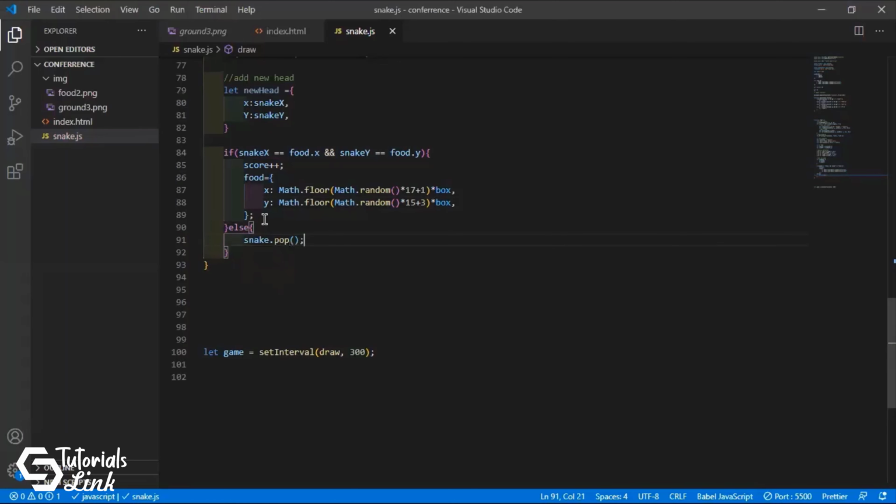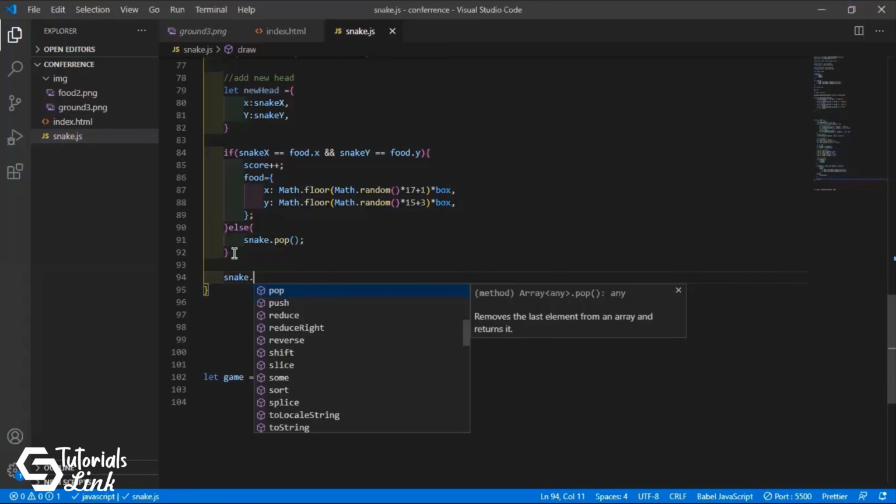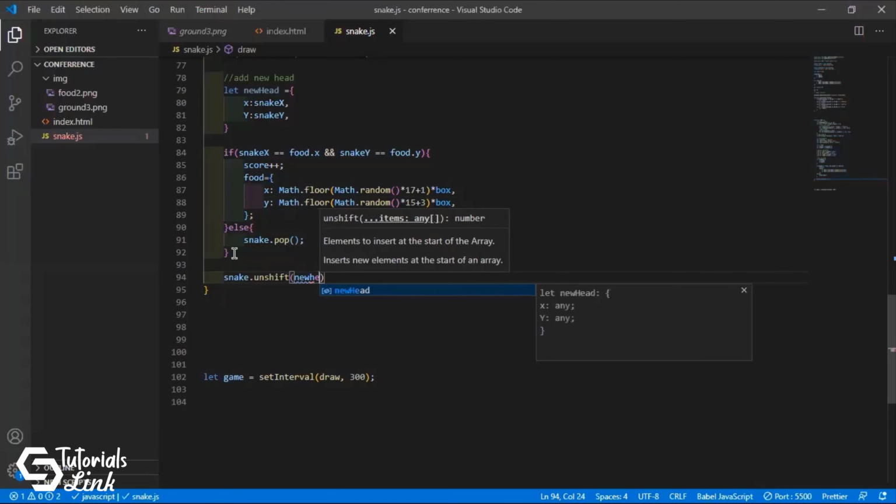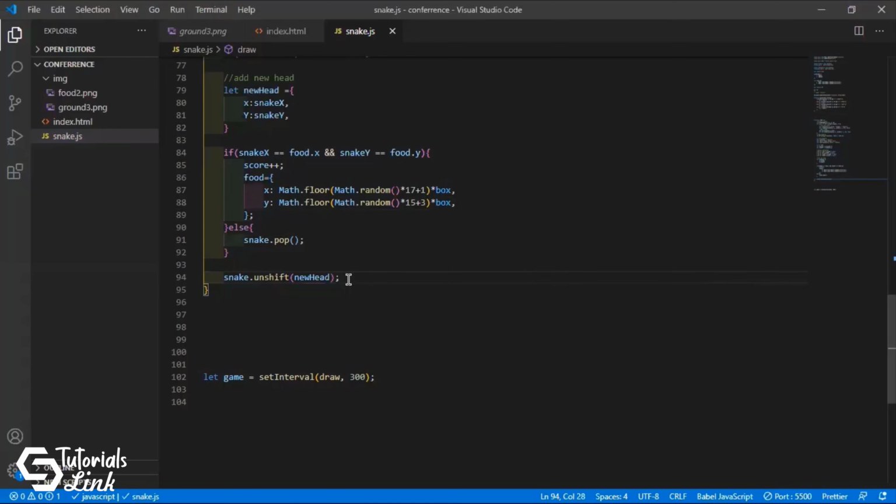Okay, fine. So this will be popping the tail, and for the shifting, I'll use snake dot unshift. And what we will unshift, we will shift the new head, which we have mentioned earlier here. Okay, great. So now the eating part is done, and the movement part is done.